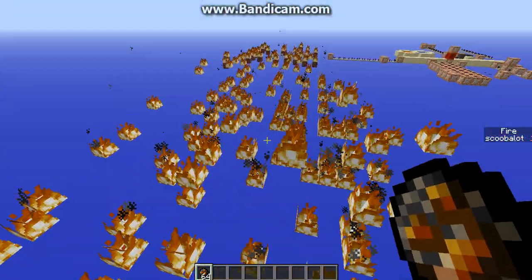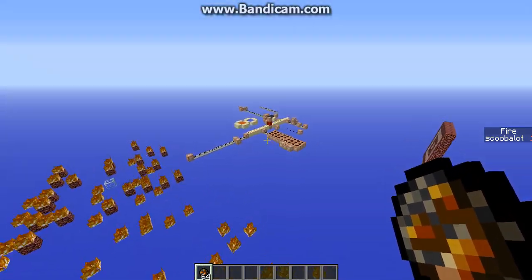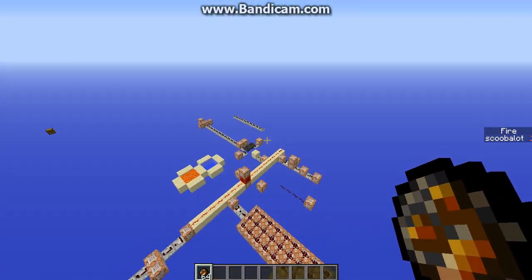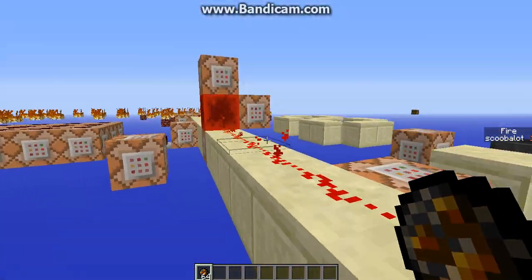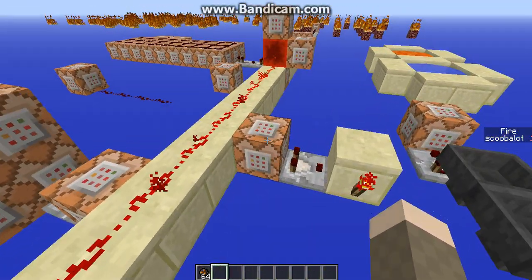You can basically create a wasteland. Yeah, so on to the redstone. So we're obviously starting out with a clock, and then this is the fire sprint, and it's testing for